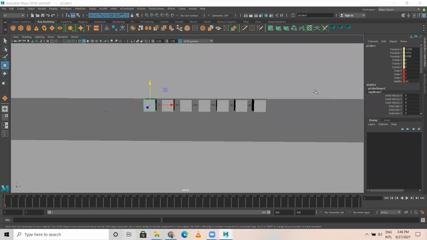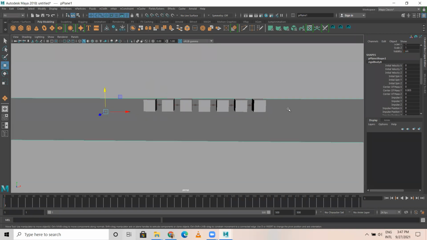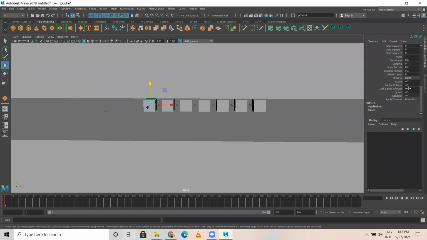Once I select this, let's say once we have already applied this as a passive body. If you see, once you apply any object as a passive body or an active body, you get this option. If you select the model, you get this option. Just come down. I'll go for an active body.